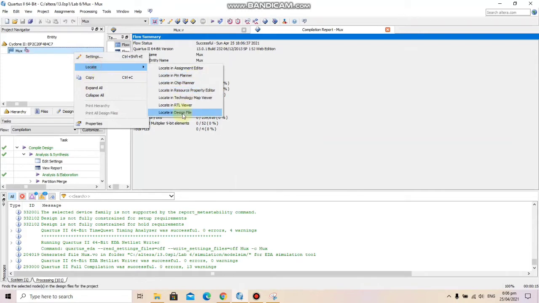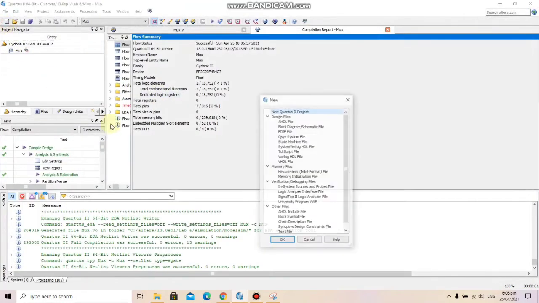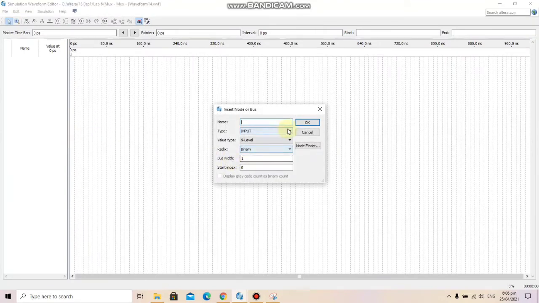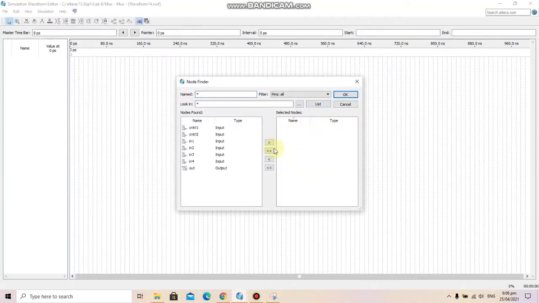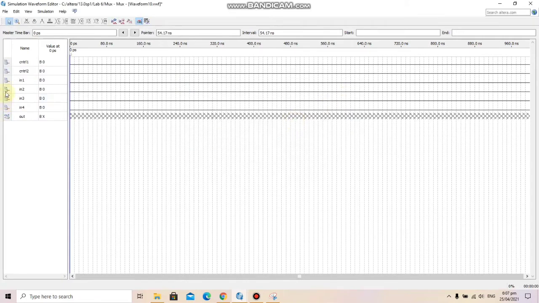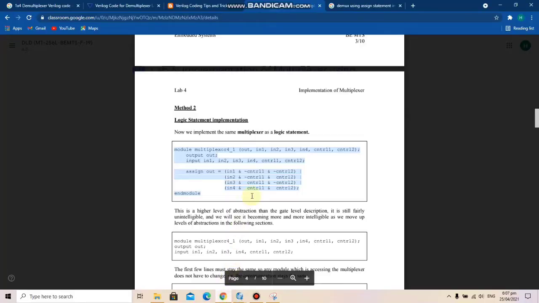Going to the RTL view, and again we can see a similar multiplexer circuit here. Let's check the outputs of this also. This time let's make input 2 the output. So let me give 1 on input 2, and for input 2 we know that not control 1 is high and control 2 is high.